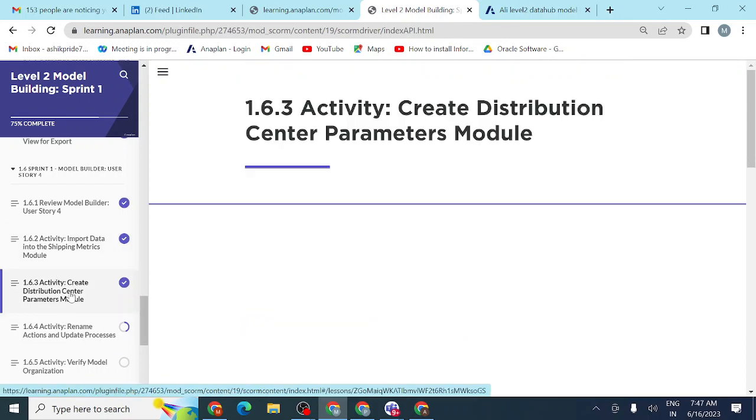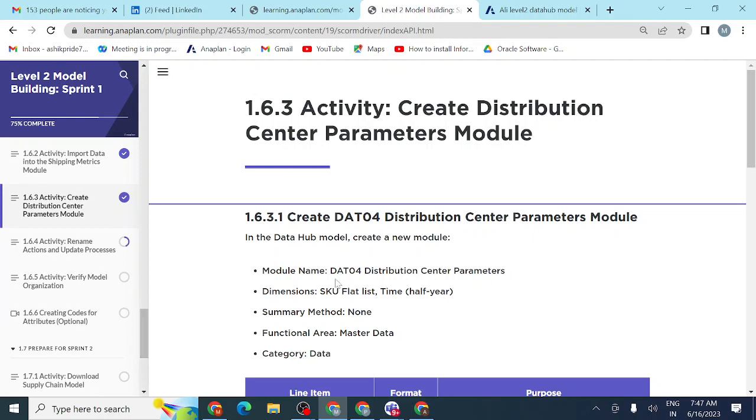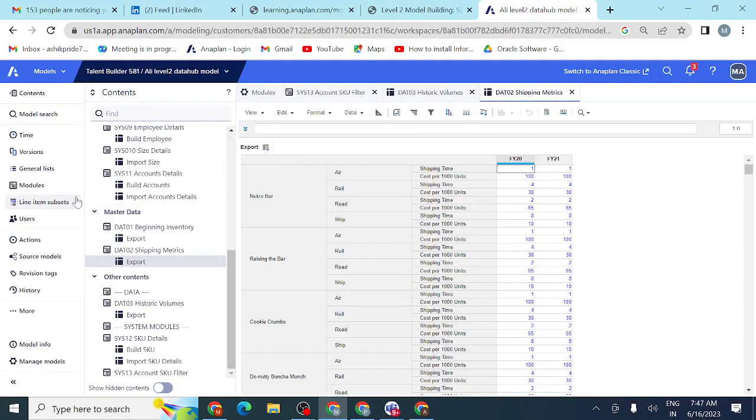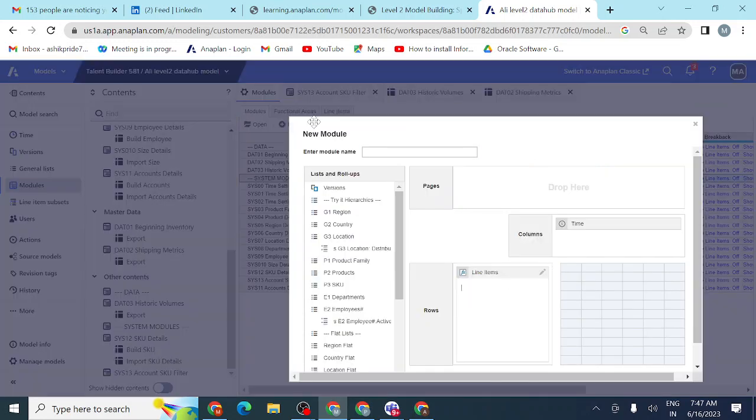So another one: create the distribution center parameter module. We need to create a new module here in this section. Here you can see, create new module data04 distribution center module. So you should go to module data04, so that is the reason I will insert here data04